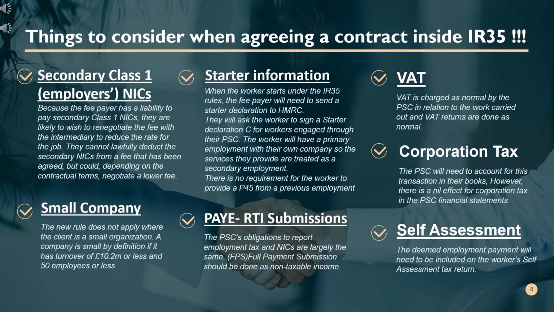The next thing to think about is VAT. As a limited company, you will still have to issue a VAT invoice, and you will still have to do your VAT tax return. For corporation tax, there should be a nil effect. Make sure that is the case when you put in salary. The salary amount that you put through the P&L should be the same as the sales amount you put in the P&L for that contract. Therefore, there should be a nil effect and no corporation tax gain or loss from this.